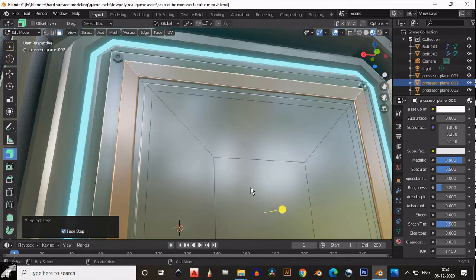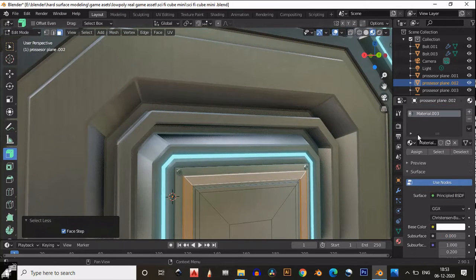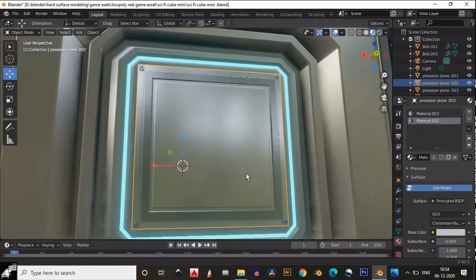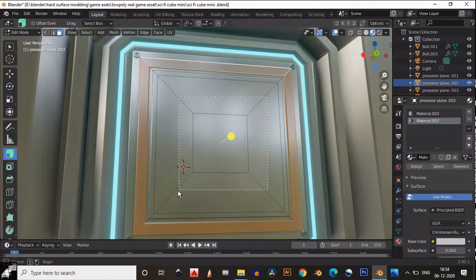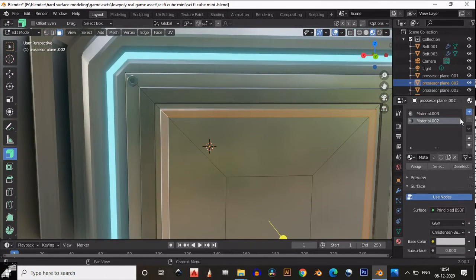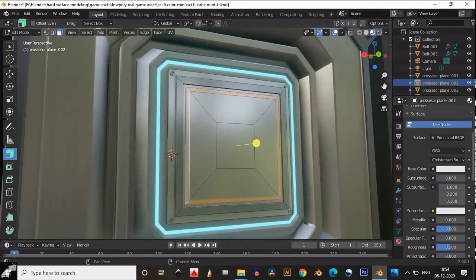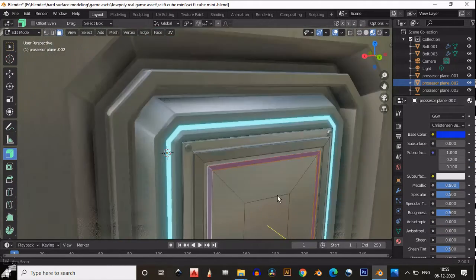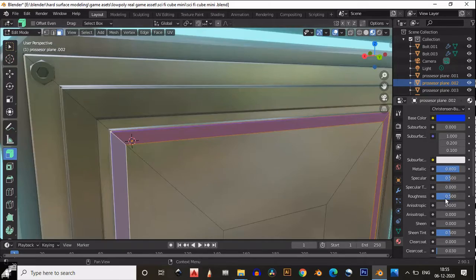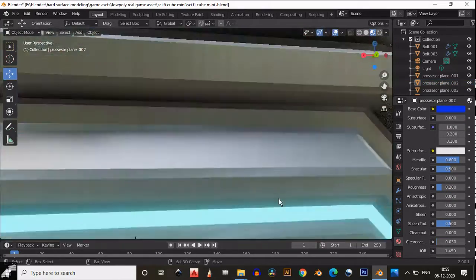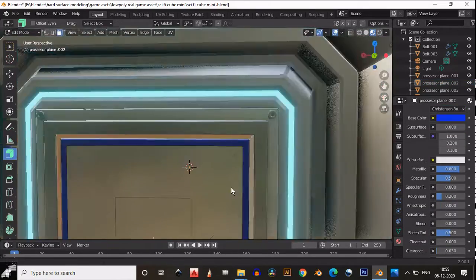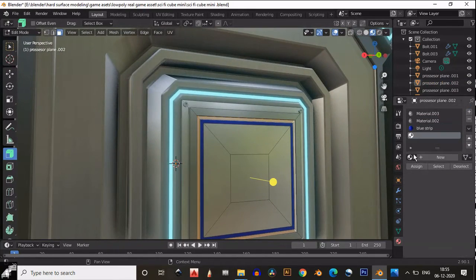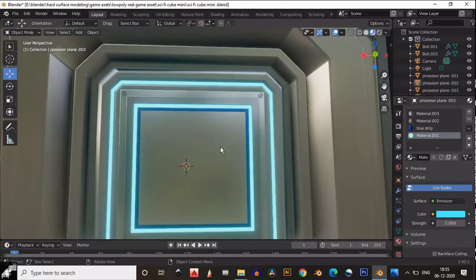So here I select the one face loop, or you can say loop face, anything, and I have given a different gray texture right there. And now the inner core part of our processor, here I gave the blue metal texture, like a metal strips texture. So I increase its metallic value, and I decrease its roughness. Then one more time give the emission shader right there.